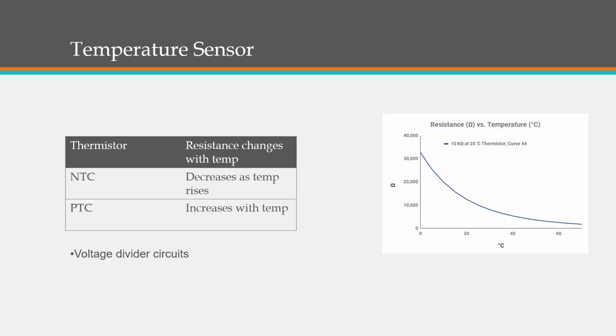The graph on the slide clearly illustrates the non-linear relationship for a typical NTC thermistor. Notice how the resistance drops sharply as the temperature increases from 0 to 70 degrees Celsius. To translate this change in resistance into a readable electrical signal, the thermistor is usually integrated into a simple voltage divider circuit. By placing the thermistor in series with a fixed resistor and the voltage source, the voltage measured across the fixed resistor will change proportionally with the temperature. This variable voltage signal can then be sent to an operational amplifier or an analog-to-digital converter to calculate the exact temperature.